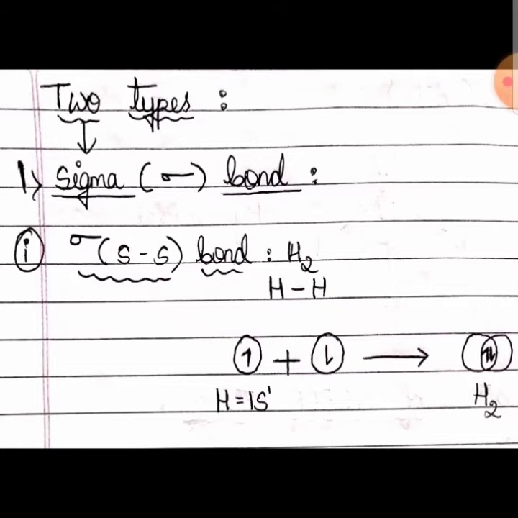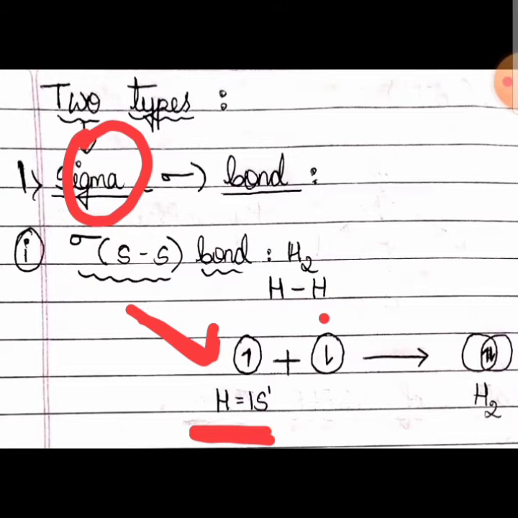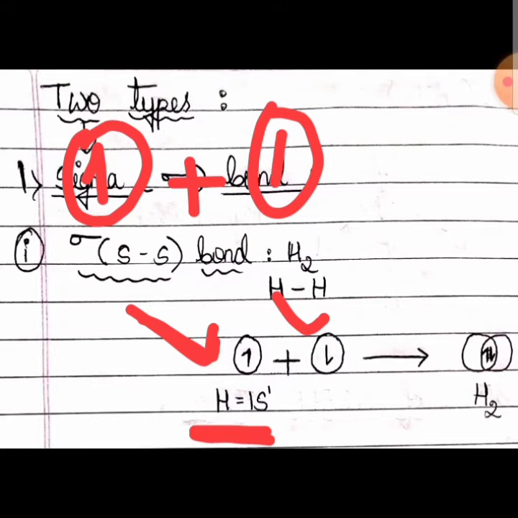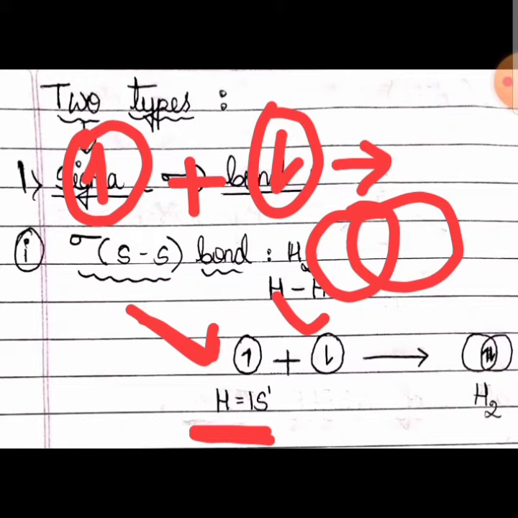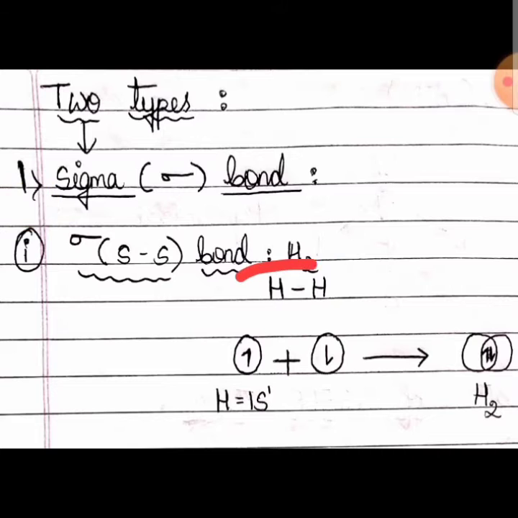So this is the half-filled s orbital of hydrogen, 1s1, the one unpaired electron of hydrogen present in the spherical s orbital. This is the s orbital of another hydrogen having an electron of opposite spin. These two half-filled atomic orbitals overlap axially to form one covalent bond. That bond is called a sigma bond between the two hydrogen atoms. Due to the overlapping of half-filled atomic orbitals, one sigma bond is created.